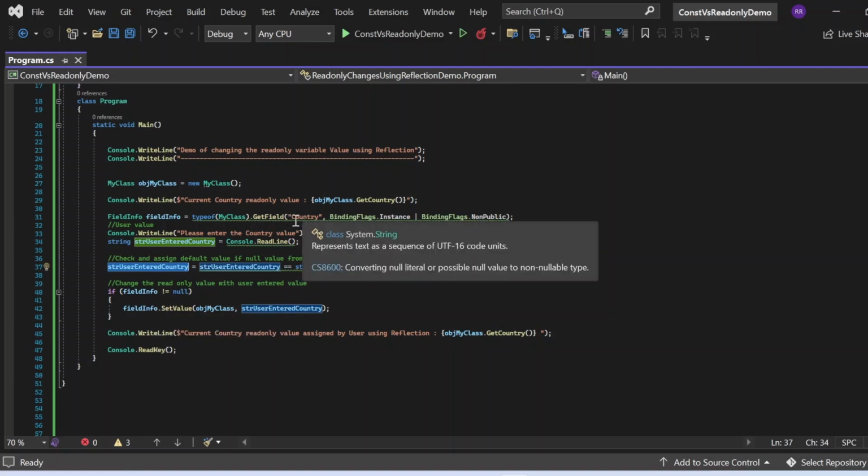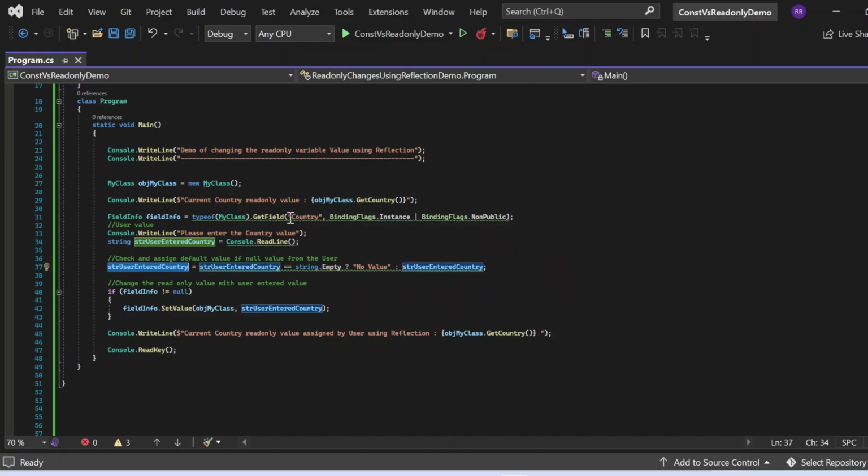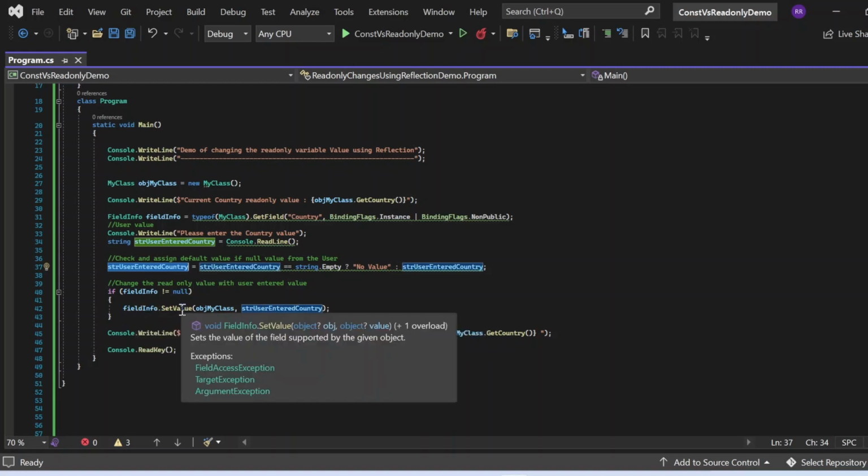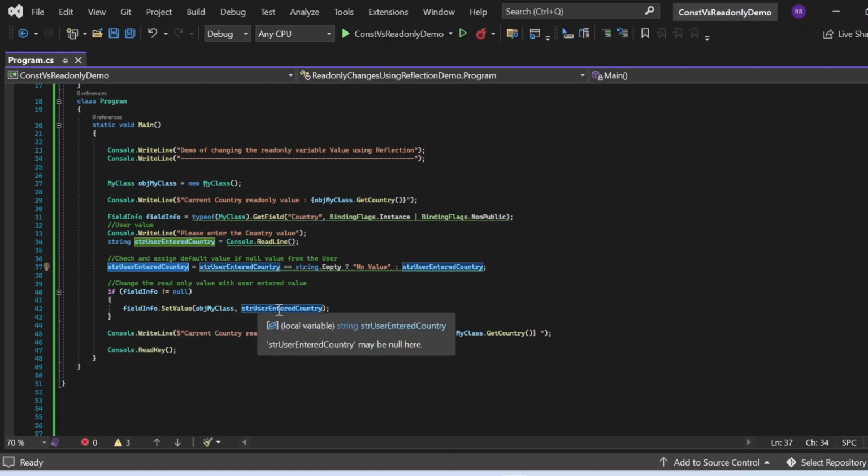So this country is nothing but the read only variable. So to the read only variable I am assigning this user entered value. That's what I call: field info dot set value obj my class str user enter country. And then I'm accessing this get country method with the help of obj my class, because I have already set the value. I just want to fetch what value was set, and then I'm going to print it